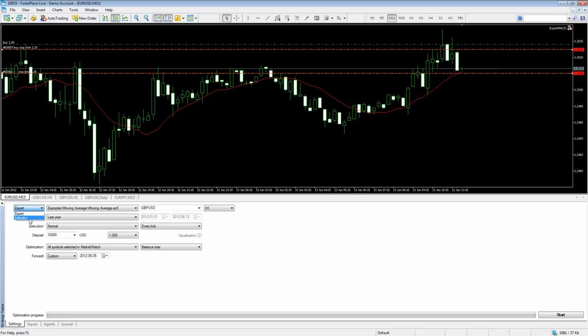So if you want to run indicators and view them visually and see how the indicator, for example, put arrows on the screen, or beeped, or drew some lines on the screen, and see how the indicator reacted,